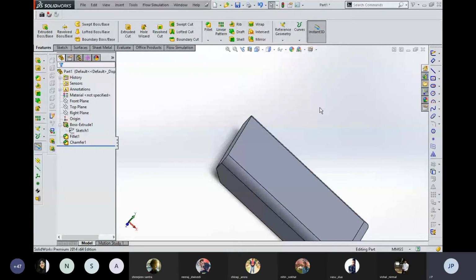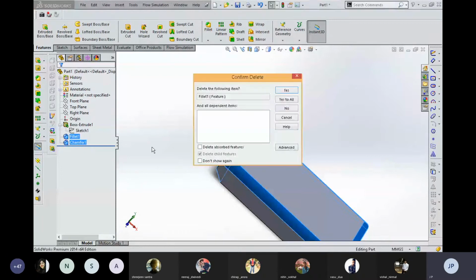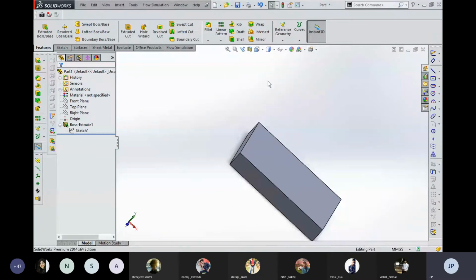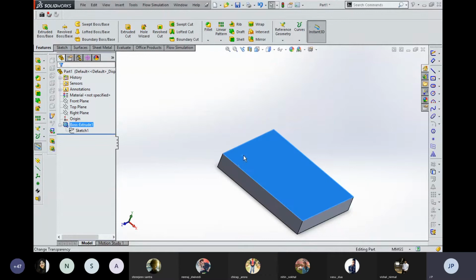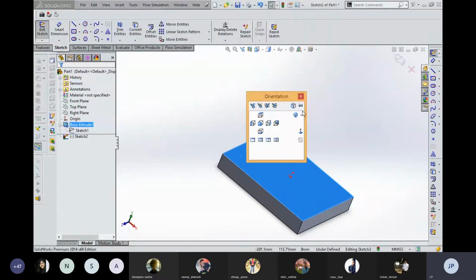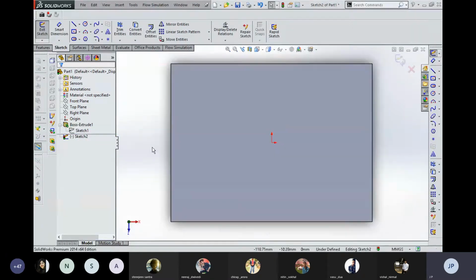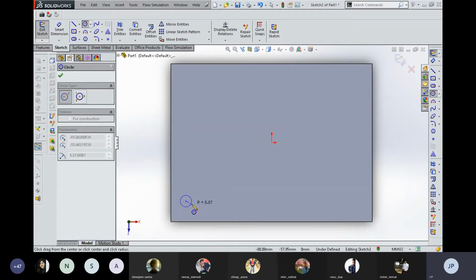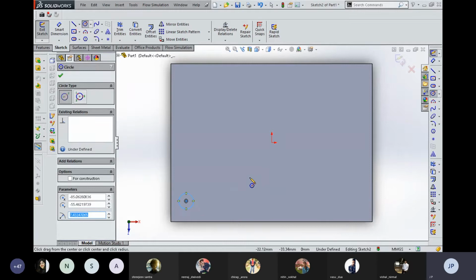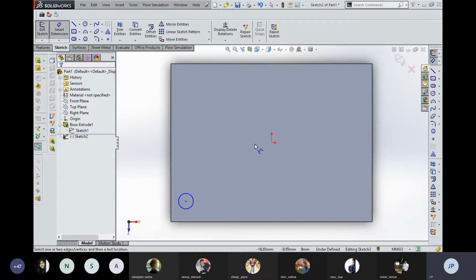For creating a pattern or multiple copies of a component, you first need the component. So for that, I'm going to delete these two things which I created, delete all, and then again create a part on this face, so that it can be patterned as per our need. Okay, for that I'm going to use a cylinder. For using mouse gestures, you just press your right click and then select the tool as per your need.